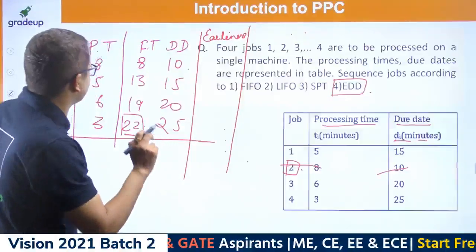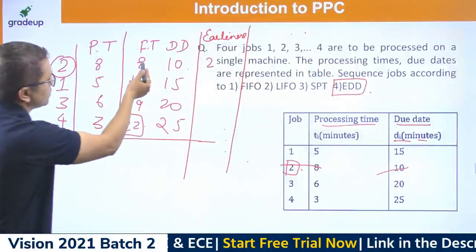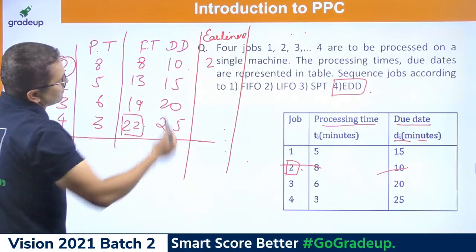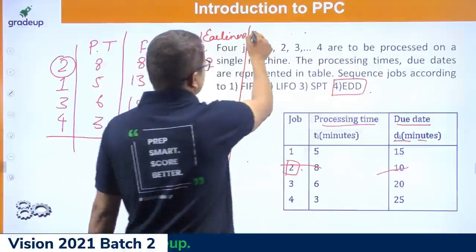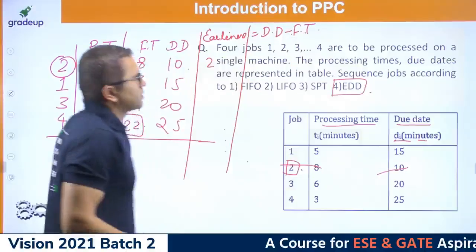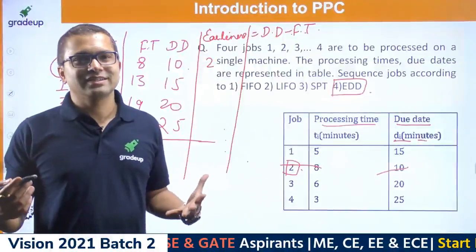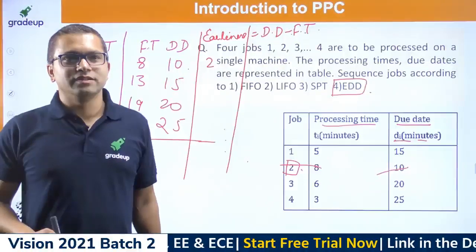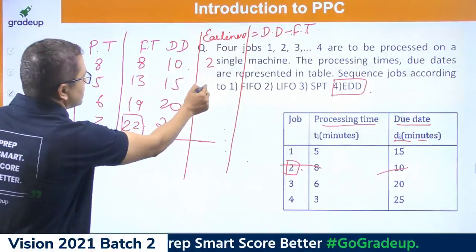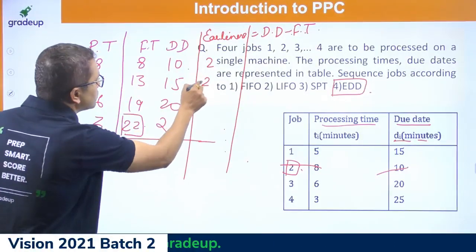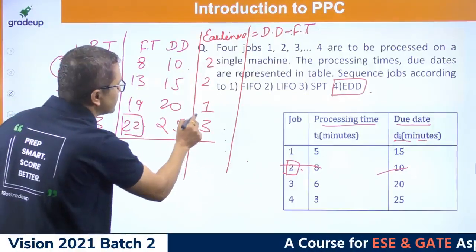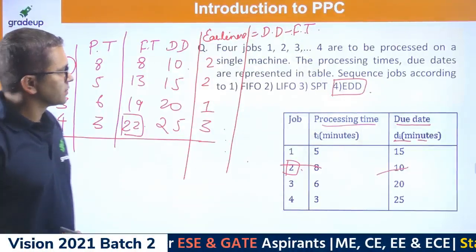So yes, Nilesh says 2 days early, right? Yes, it is 2 days earlier. That is nothing but due date minus flow time. If you want to remember the formula, that is nothing but due date minus flow time. But it's good if you understand it conceptually. Yeah, Mohammed, tardiness is 0, yes? So here, how much job is early? This minus this one is early by 1 day, this one is early by 3 days. Now if you add these, what do you get?